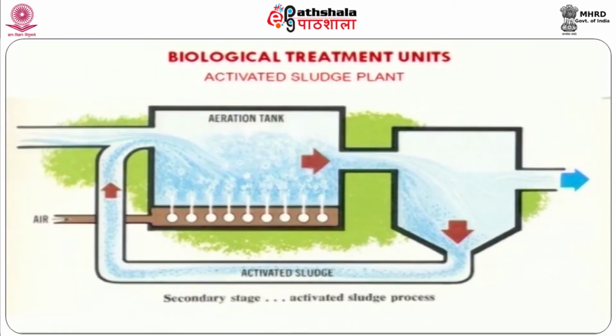This is a simple schematic diagram to represent the activated sludge process, a mechanized process normally adopted in most of the sewage treatment plants in Chennai city. Here the reactor consists of an aeration tank followed by a secondary settler. With the help of the aeration facility, diffuser aeration is provided to keep the DO level at a minimum of 2 milligram per liter.